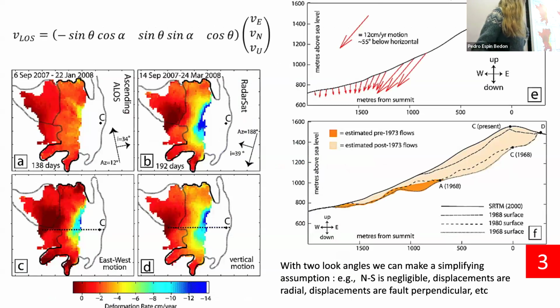And you can do that fairly simply. This is a much simpler version than what you'd have done in the tectonic practical yesterday, but I think it's nice because you can see it quite clearly over a small area. You've got your ascending and your descending interferograms, or rather you can see the shape of them there. And then from that, you can derive east-west motion and vertical motion. But the only way you can do that is by making an assumption. In this case, we made the assumption that north-south motion is negligible. Another good assumption in volcanic cases is sometimes that deformation is radial, and you can insert that into the expression at the top there in an equivalent way.